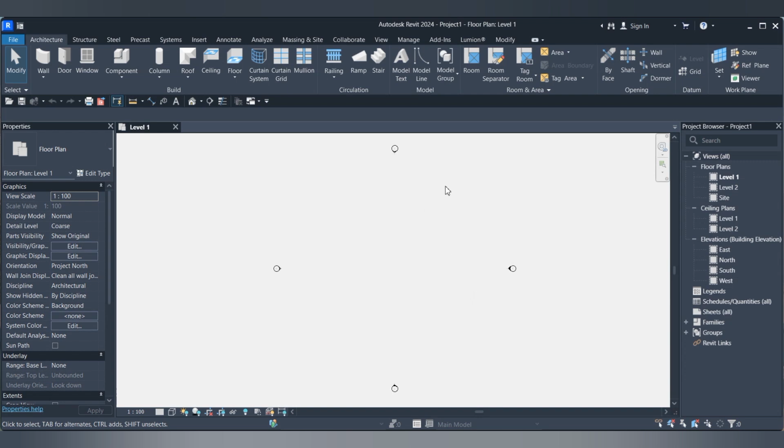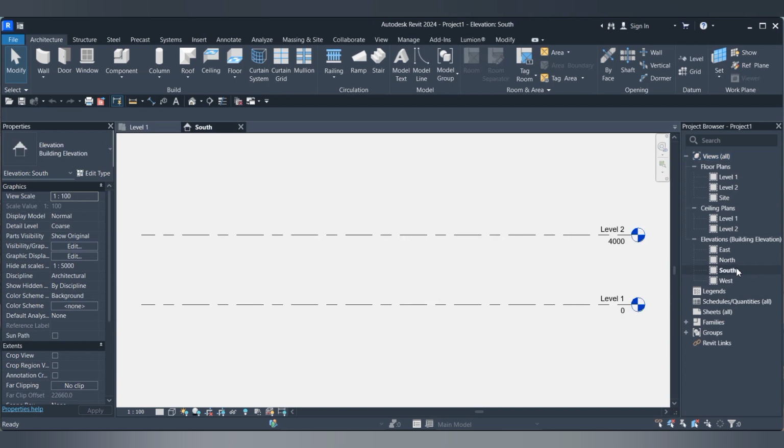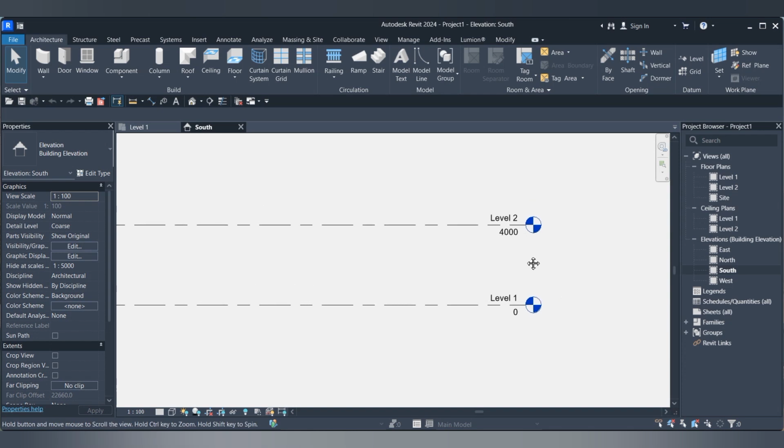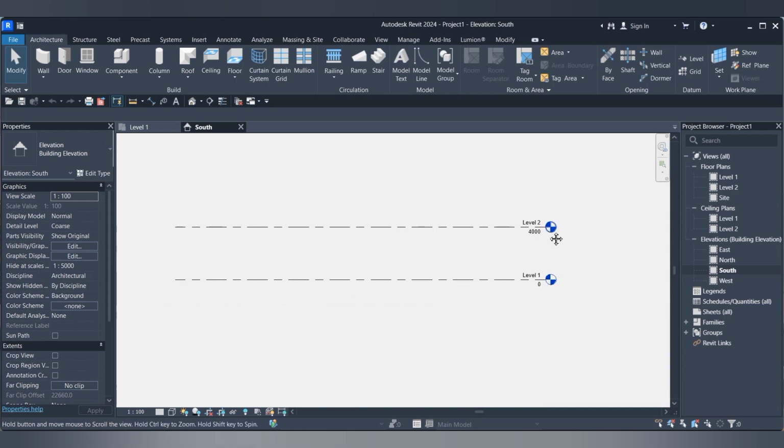So to create our levels in Revit, we need to go to an elevation view. This is already a plan view here. So we'll go to any of our elevation views, and with template I'm using the default metric template. I already have two already created levels for me for the project, but let's say I want to create a whole lot of other ones and then I want to rename them. How do I go about doing that? So to do that,